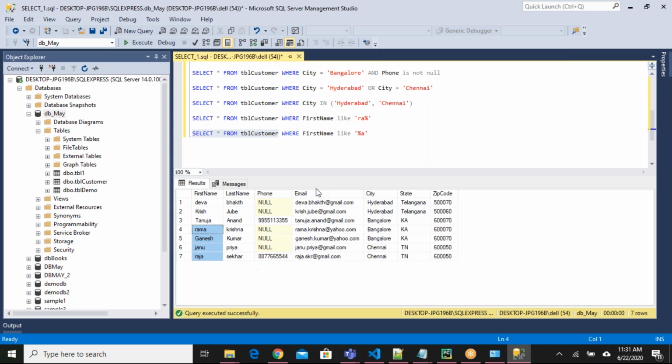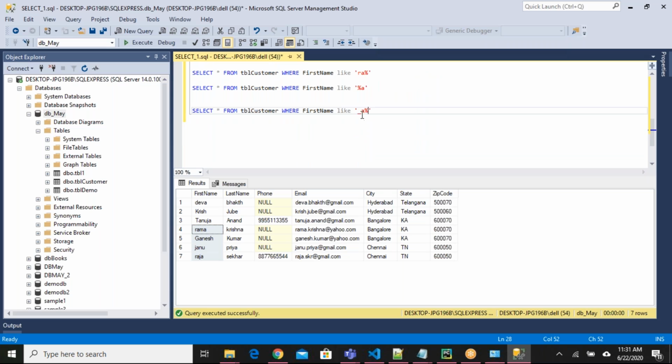Let me write the query here. Let me copy paste. What I can say is underscore A percentage. What does it mean? One underscore means it will ignore one character, so the first character will be ignored.